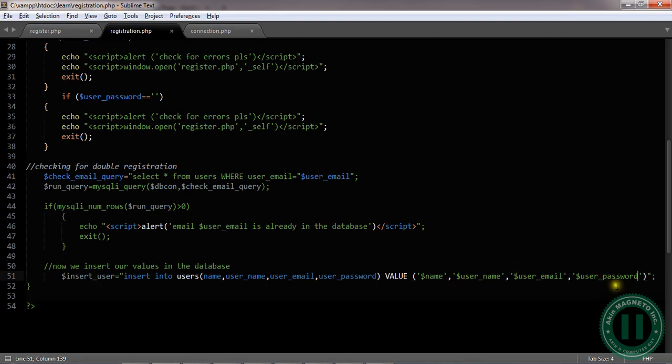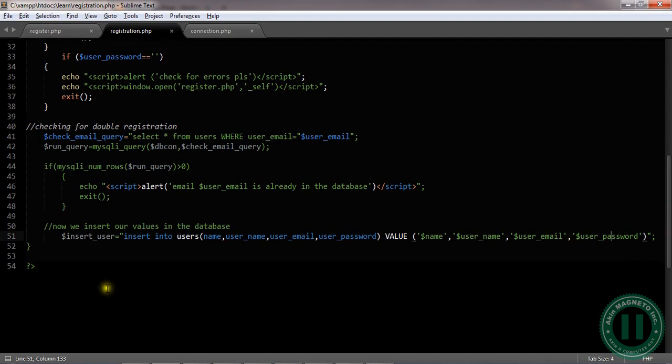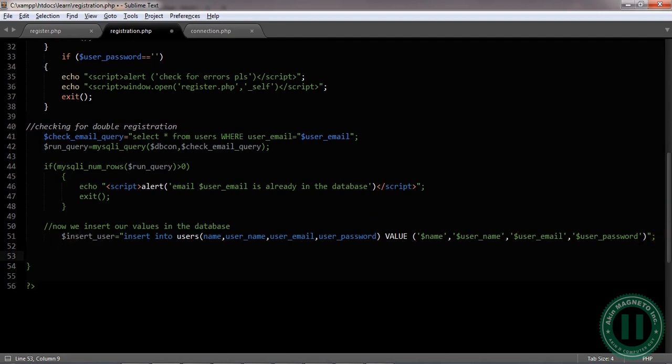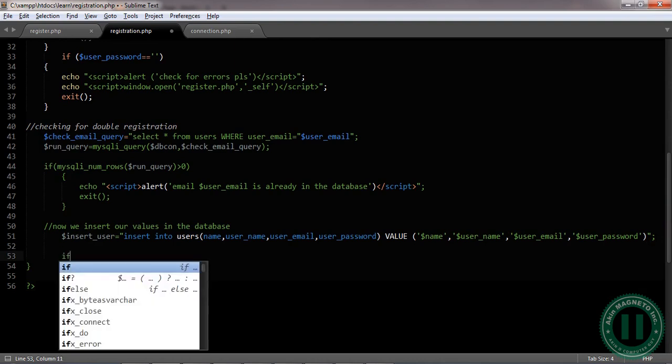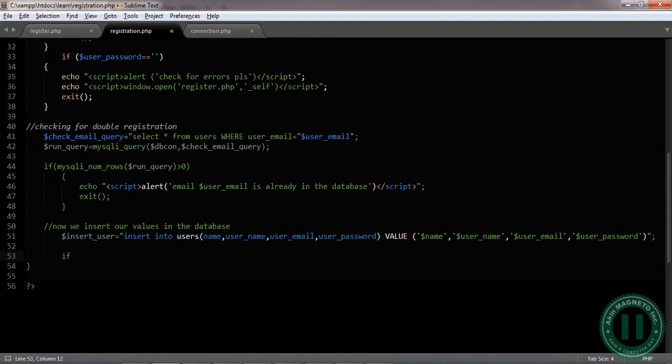So now let's check again, please. Name, user underscore name, user underscore email, user underscore password, name, email, password. I think they are correct. So the next thing for us is to move on. Now we have if. We're going to run if statement if the